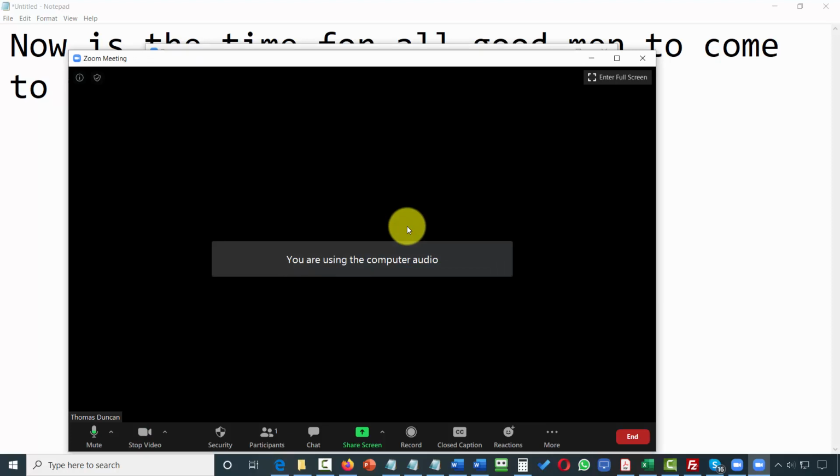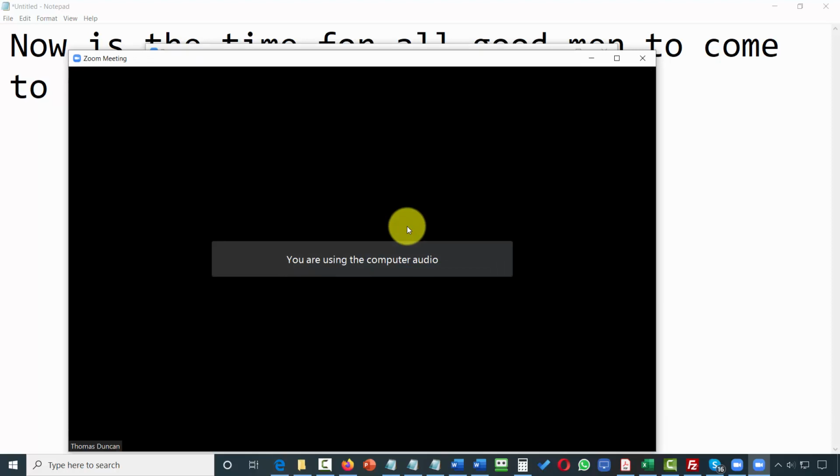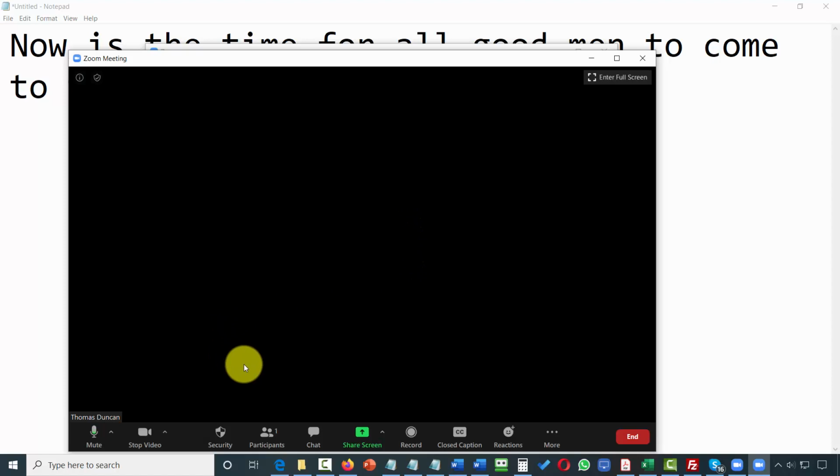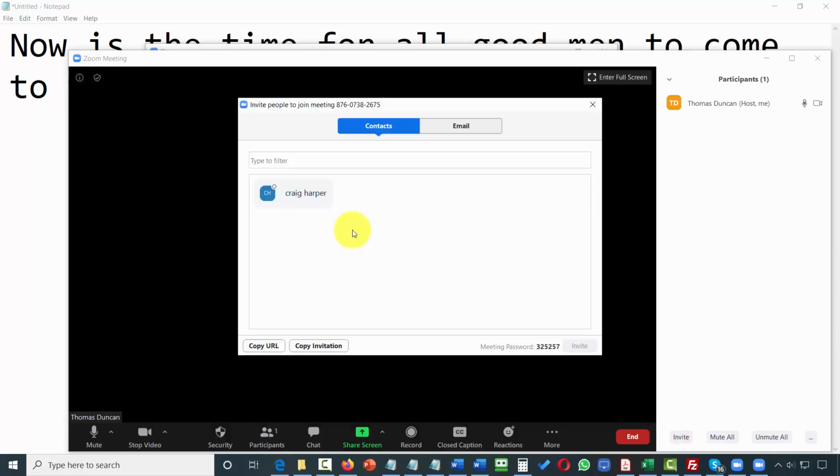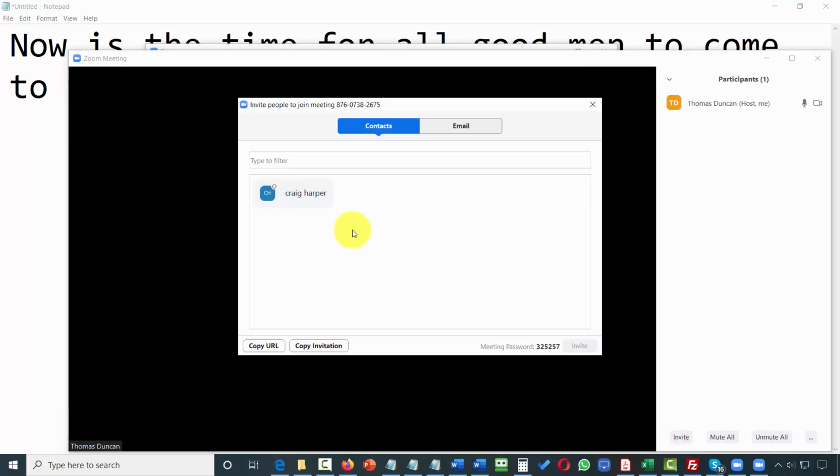And what we would then be able to do, even though we're in the room by ourselves, is we would then be able to invite other individuals to this meeting. And we can do that by going to this area, going to our participants. We can then click the invite button. What we can do is, if we have contacts available, we can then invite those contacts. If we don't have those contacts available, we can copy an entire invitation. We'll then have that invitation on our clipboard,